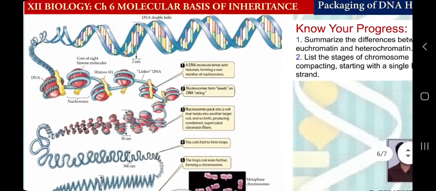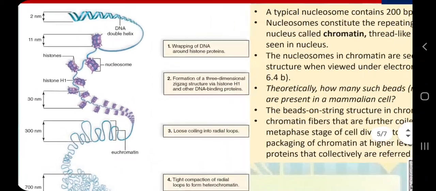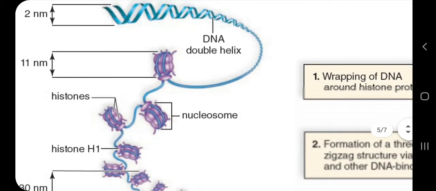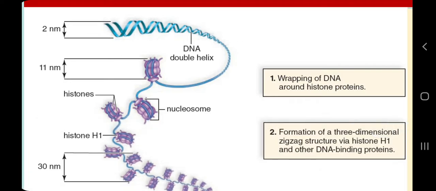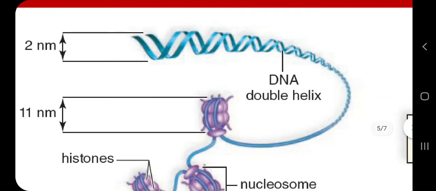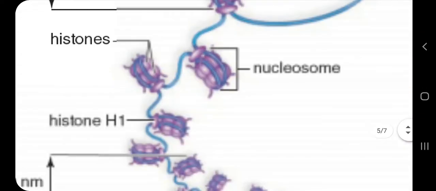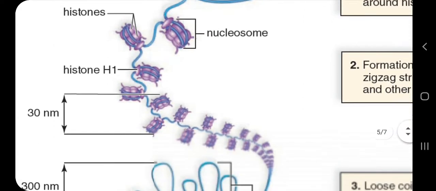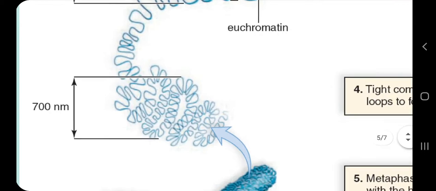Now you have a general idea how DNA is wrapped or coiled and supercoiled in a chromosome. Now here is another diagram to strengthen your understanding. Let me explain this for you also. Again, as we have discussed, 2 nanometer DNA, then 11 nanometer, you can say nucleosome or chromatosome if you want to include H1 or not, histone plus DNA. Now you are able to see histones here, H1, then 30 nanometer fiber, then again 300 nanometer fiber, again 700 nanometer fiber, and then